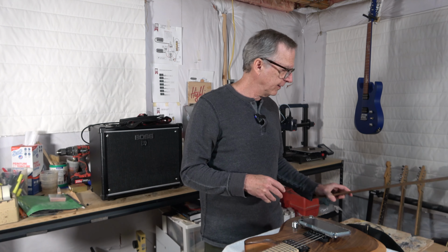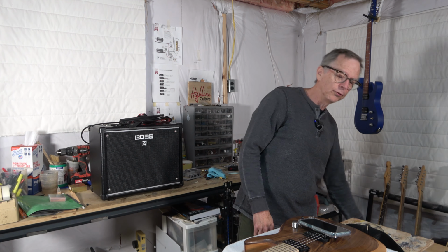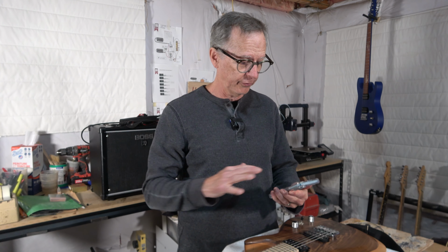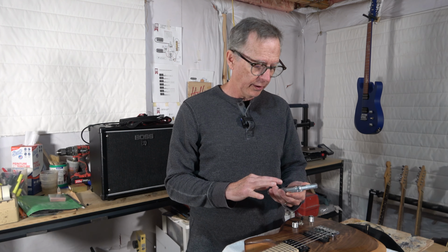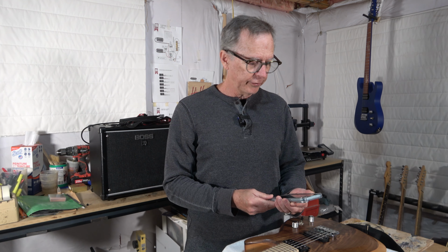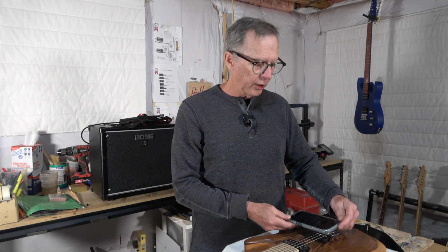So that's how I deal with potentially restricted wood. In fact, that's really how you need to deal with all wood when it comes to shipping your guitars, especially overseas. The next question is, what would be a good recipe for a single coil pickup that would